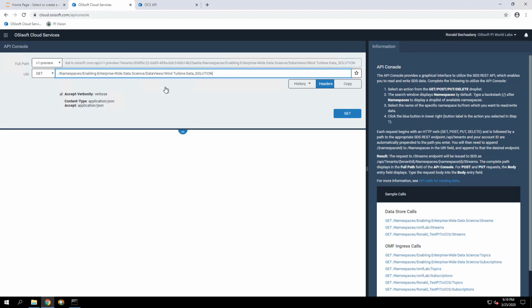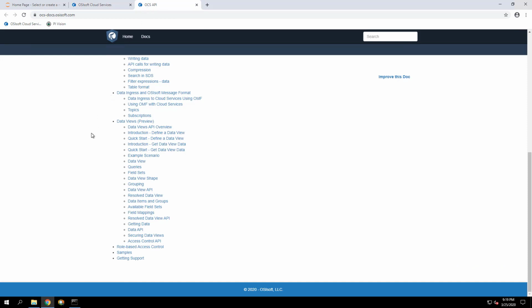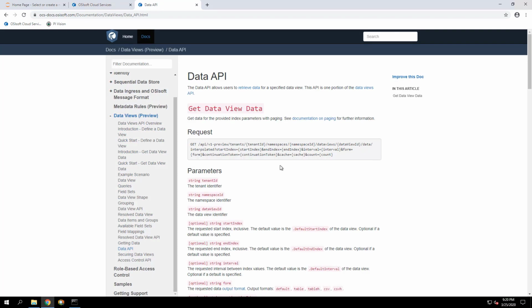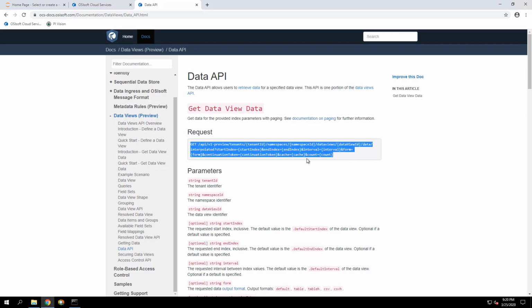We also need to pass other parameters over here. To check exactly what we need to pass, you can check the documentation, and under data views preview, there's data API, and here you can check a preview of how to build that URL.